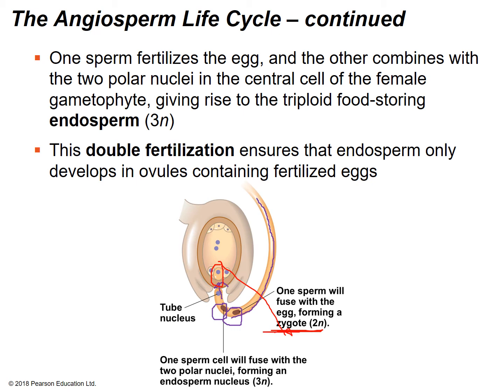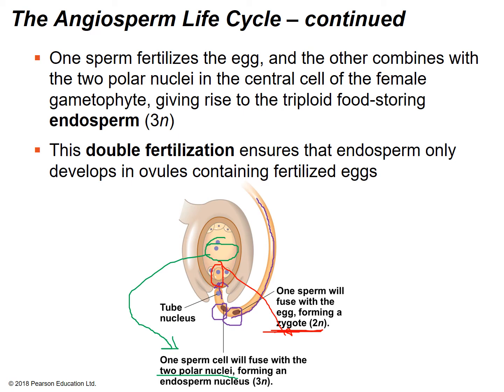The other sperm combines with the 2 polar nuclei in the central cell of the female gametophyte, giving rise to the triploid food-storing endosperm,